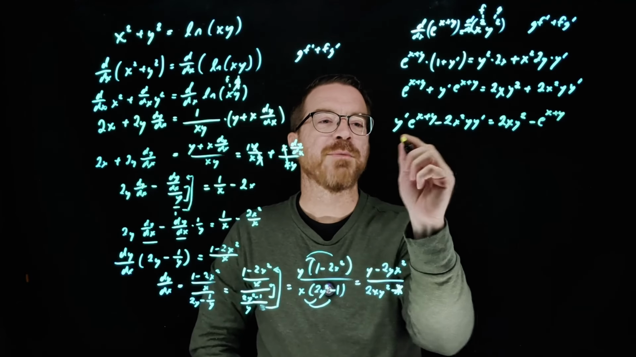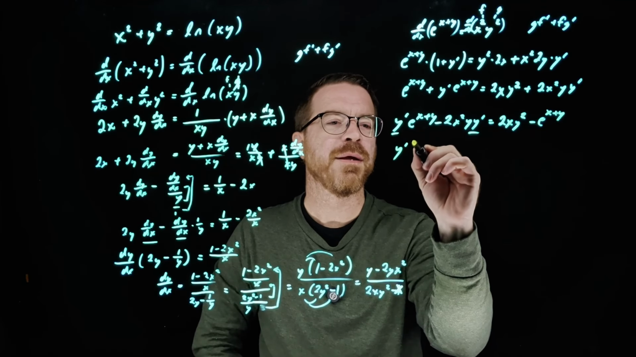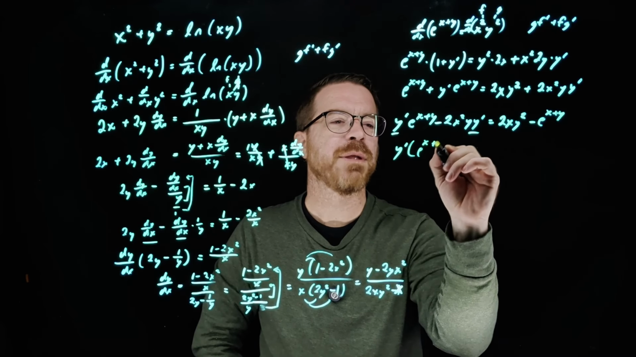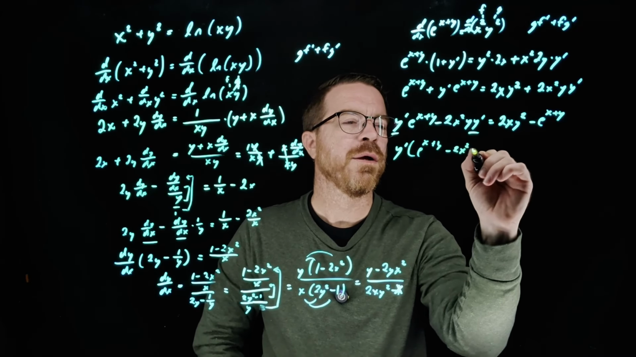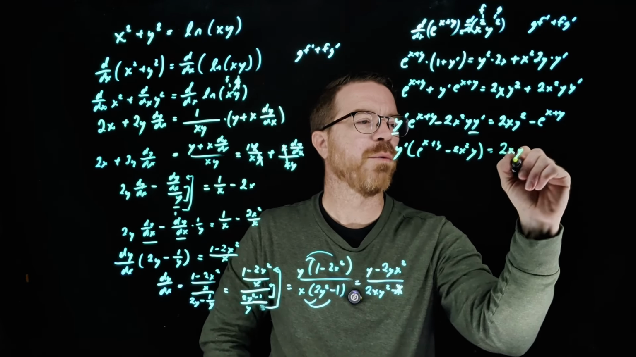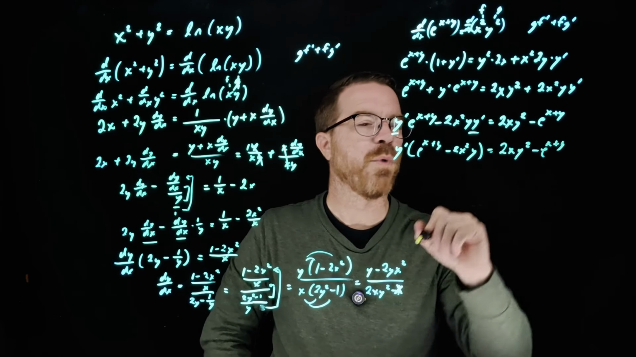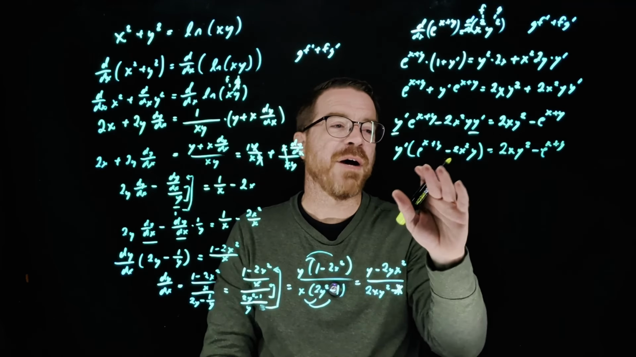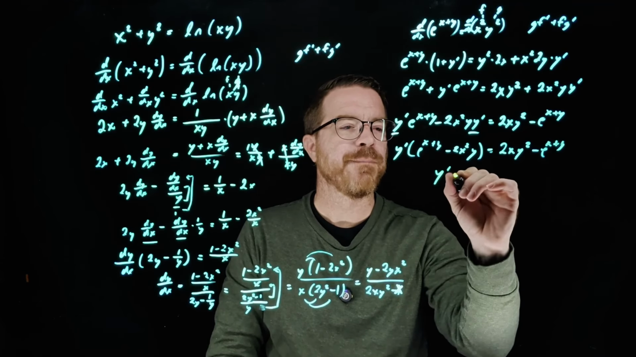So both of these terms have a y prime in them, so I'm going to pull that out. So I get y prime times (e to the x plus y minus 2x squared y), and then of course equals, this doesn't change, 2xy squared minus e to the x plus y. I'm then going to divide both sides by this entire thing here. So I'm going to get y prime equals